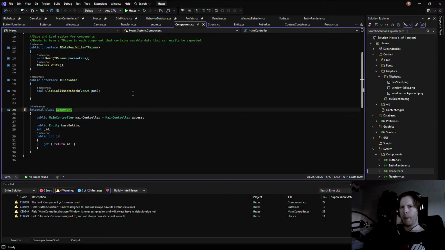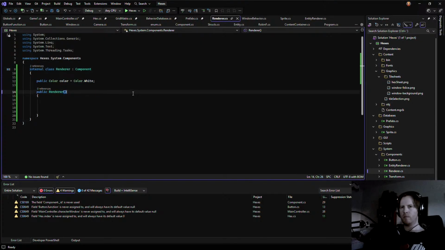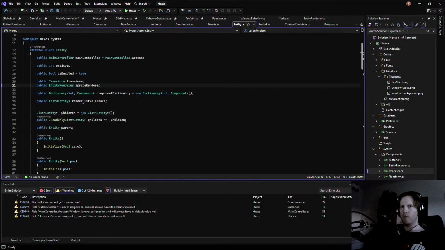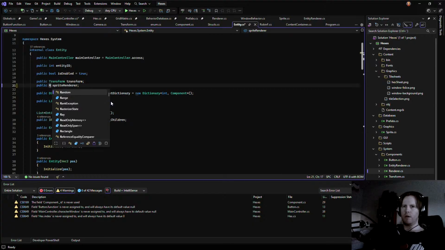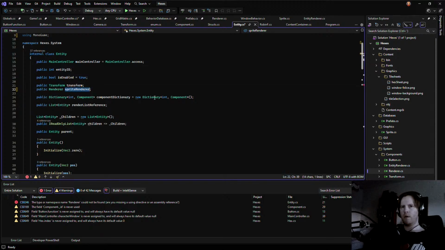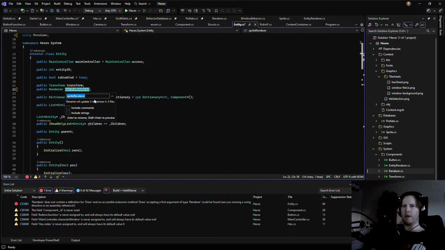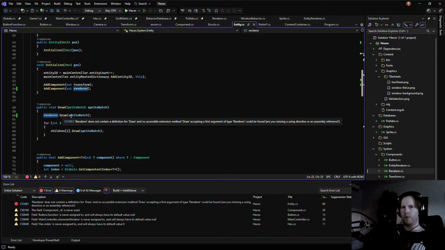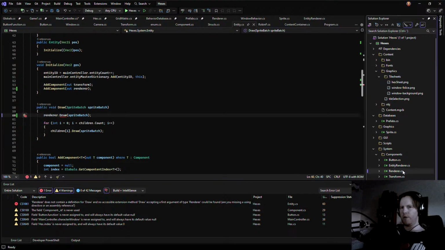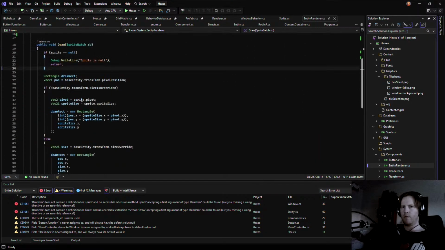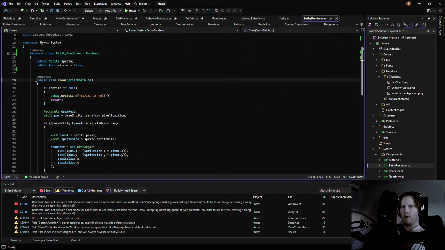Yeah. And then inside of the entity, we can say that this is a renderer and we refer to this as renderer, and then we do renderer.draw. But then that's what the renderer needs to have. It needs to have this. It needs to have